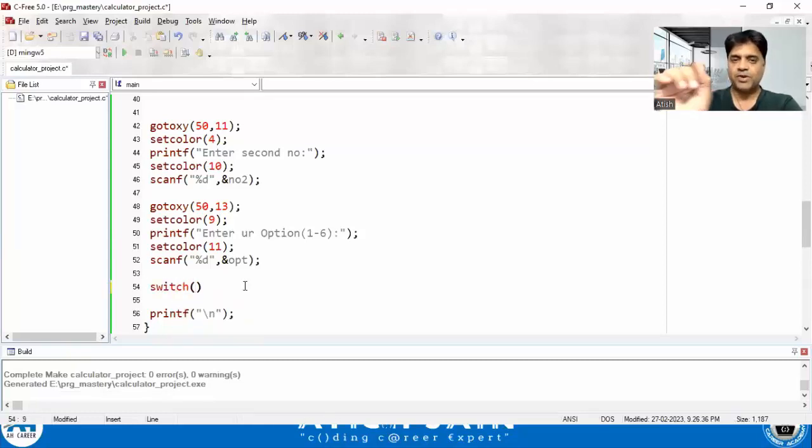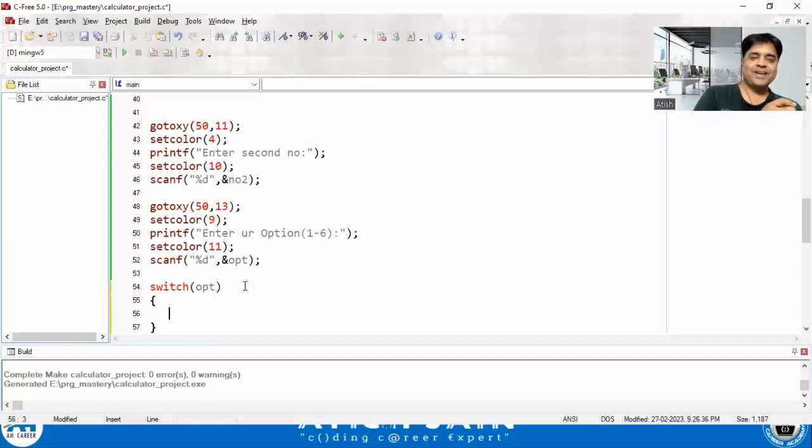Switch is the keyword, and option is the option variable. And the possible values for this option variable are 1, 2, 3, 4, 5, 6. So when to use if else and when to use switch case, there is a long story. Is it clear? That I'll explain in my regular day-to-day classes. But as of now in this project, I'll directly work with switch case, and the possible values are 1, 2,